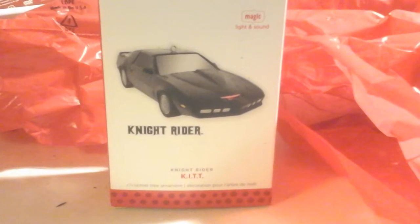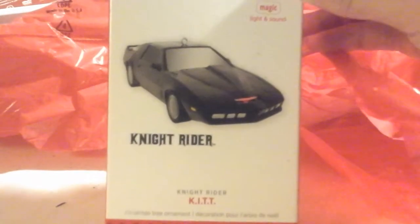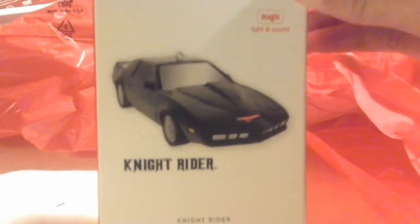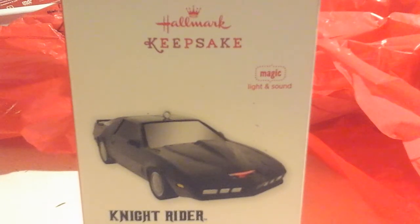Hey everyone, Renjin Studios here, and as you've seen from the beginning of this video, I'm going to be reviewing the 2013 Hallmark Keepsake Knight Rider KITT ornament. Now, for those of you that don't know, Knight Rider is a Universal Studios TV show that ran from 1982 to 1986,